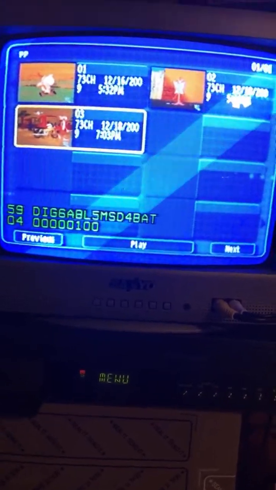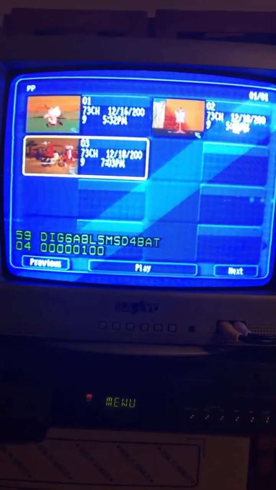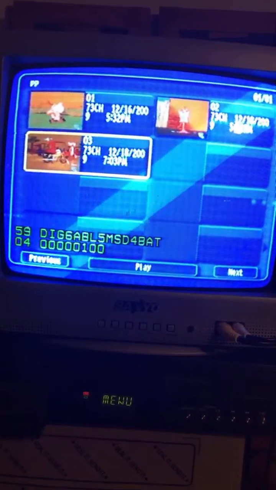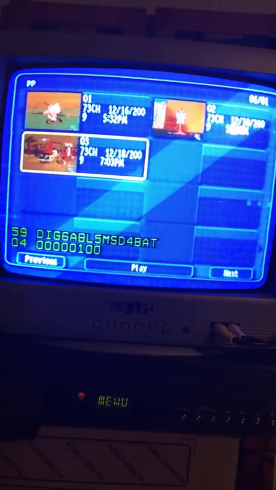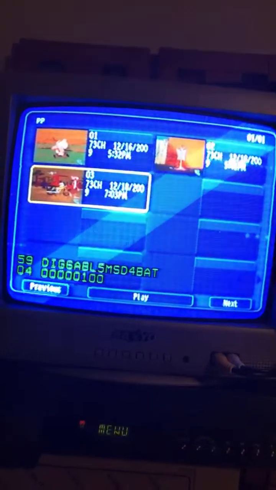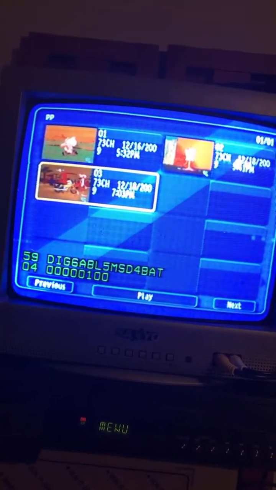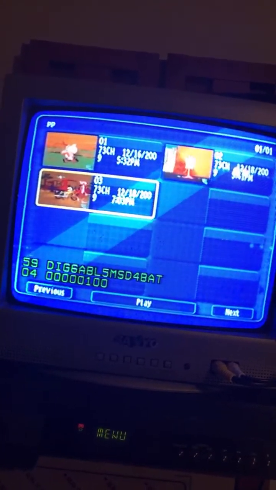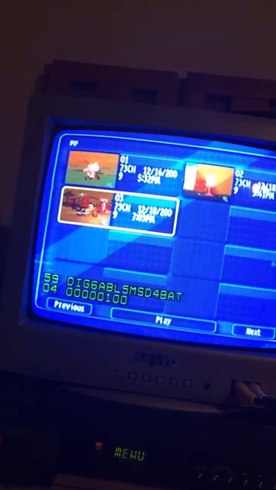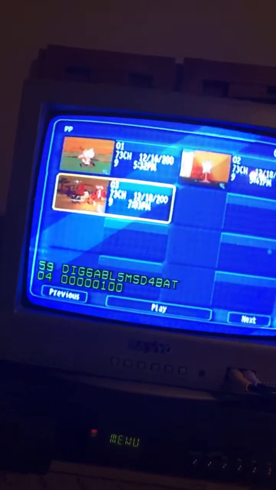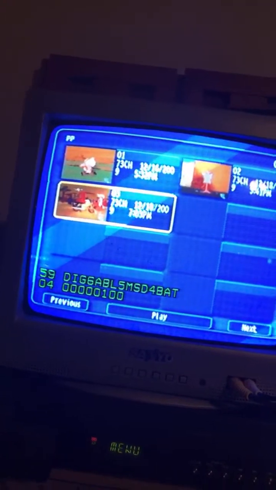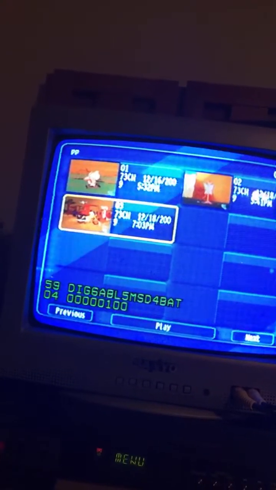And that's pretty much that one. I honestly don't know what that does. But it says threshold, so I'm assuming it does something to the OSD, also the on-screen display. So that was 59. Now let's look at 5A, which is RWA,